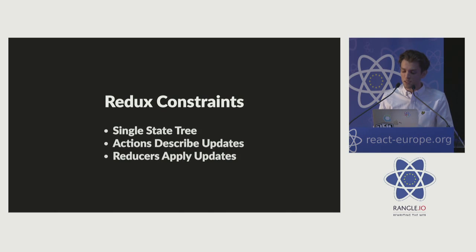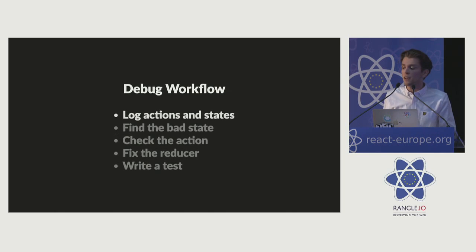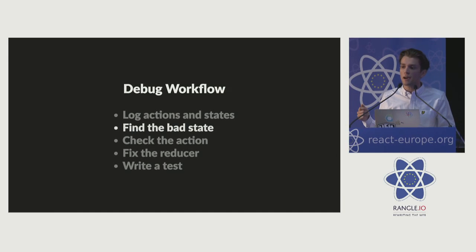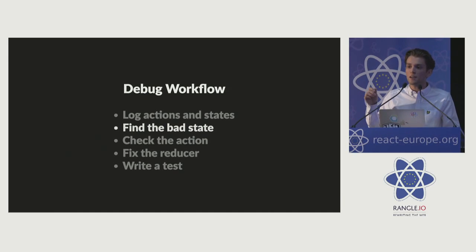And it sounds pretty limiting, but there are some benefits. For example, Redux has a very specific debug workflow. You can log every action and the state because they are plain objects, because every mutation has an action associated with it. And so, you can log every action and the state, and if you see something bad rendered in the UI, you can check when the state became incorrect by going through the log and finding the place